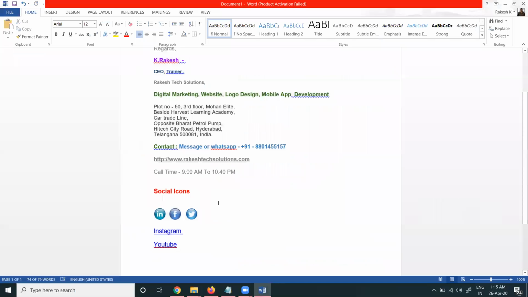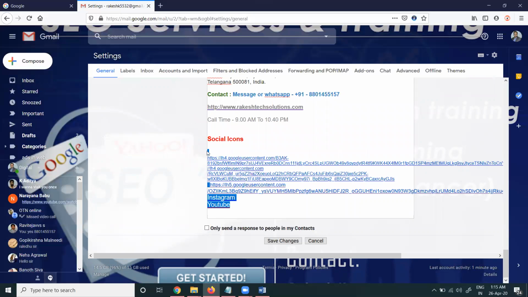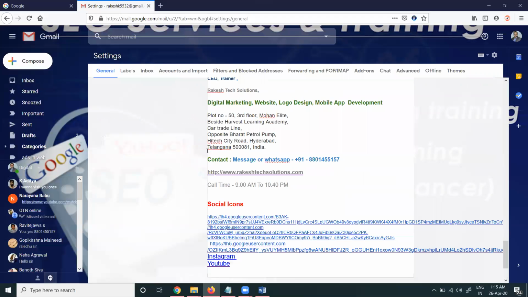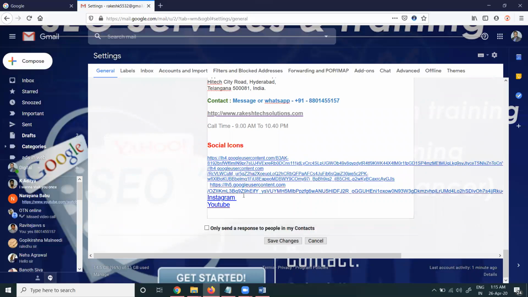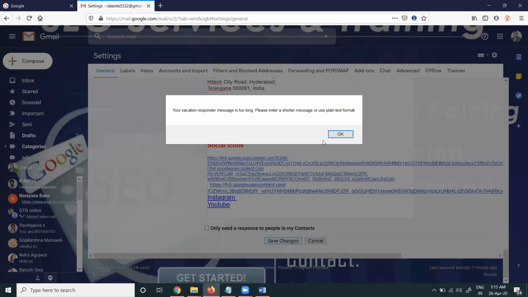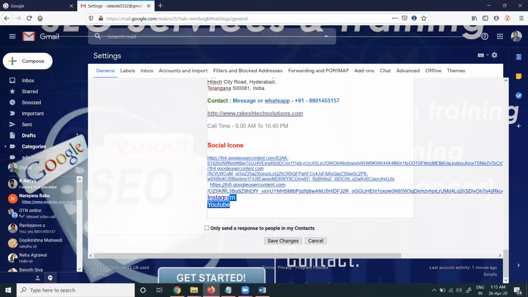What option will be there? You can copy this. You can use the option and click Save. It is not working here.